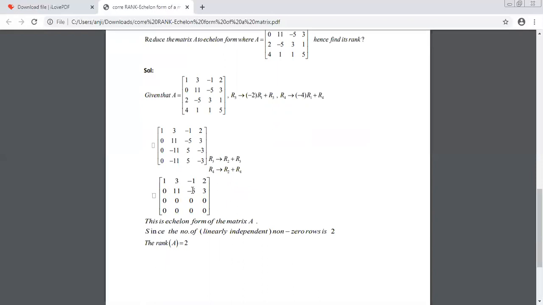Therefore, this matrix is in echelon form, and the rank of the given matrix is equal to the number of non-zero rows in the echelon form of the matrix. So how many non-zero rows are there? 2 non-zero rows are there. So what is the rank? Rank of A is equal to